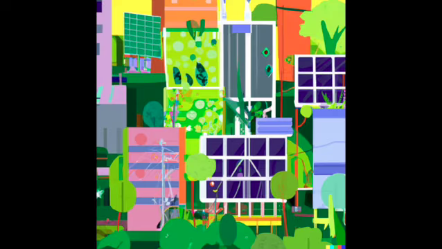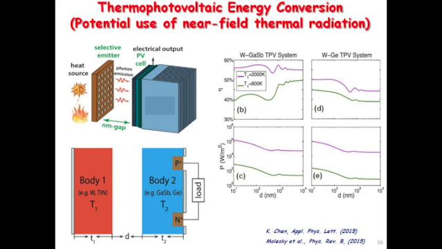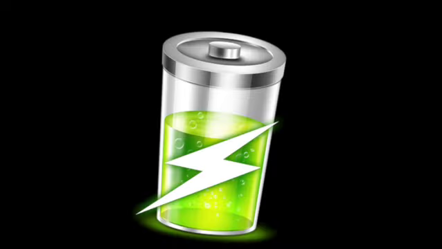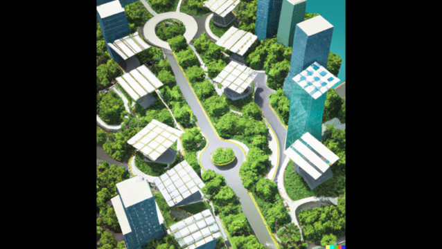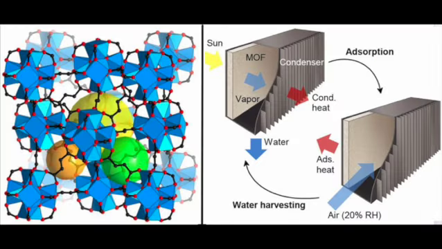Medicinal compounds. Through the synthesis of organic compounds, artificial photosynthesis could potentially be used to produce precursors for pharmaceuticals and medicinal compounds. Renewable energy storage. Artificial photosynthesis can provide a means to store renewable energy in chemical bonds, allowing for energy storage and release on